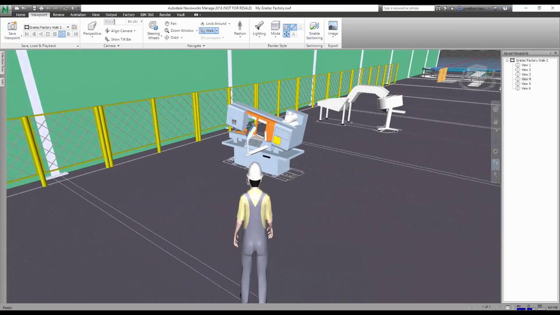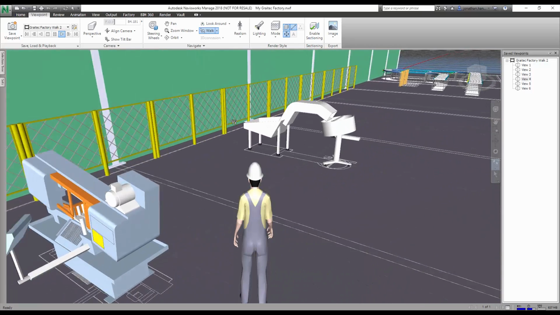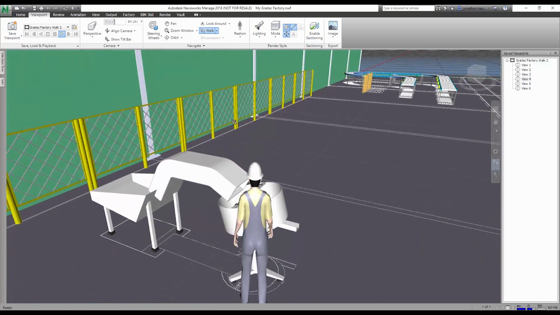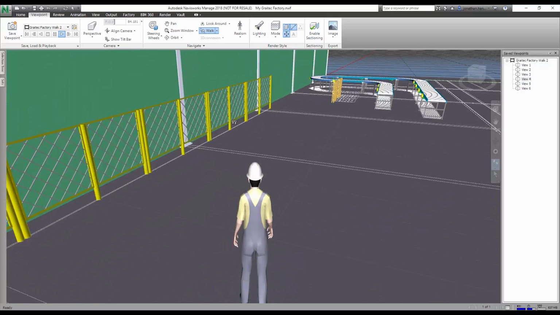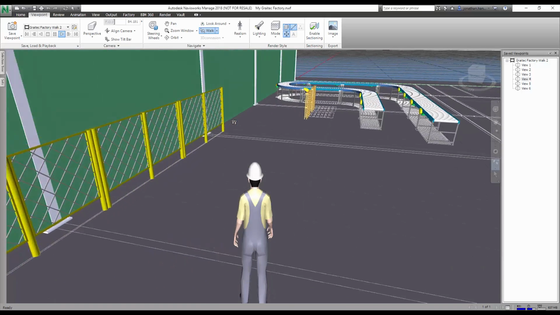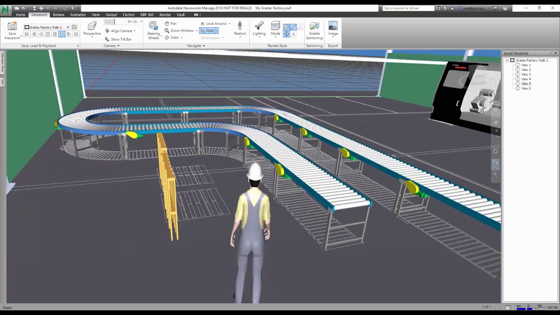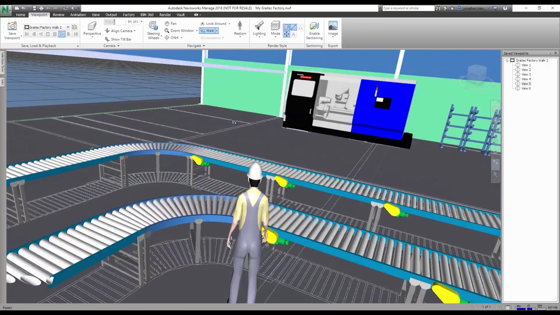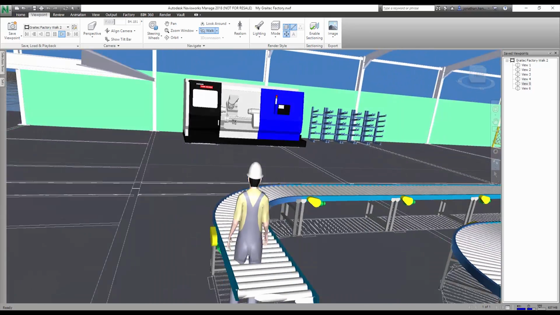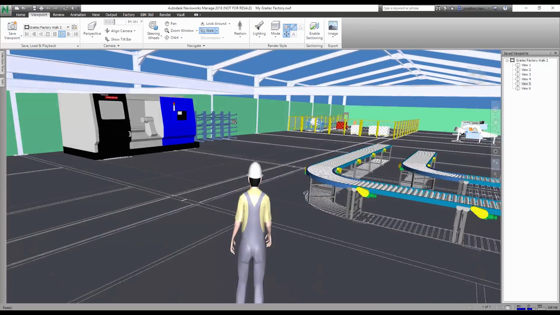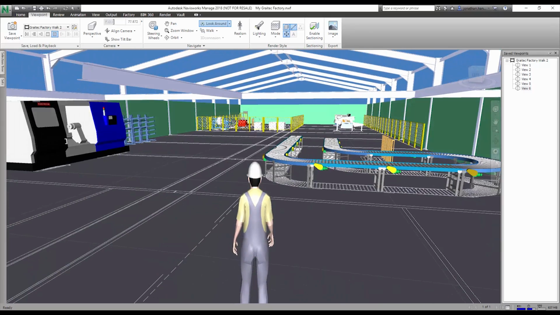So we have a look at this machine, then we look at this one, and you can see you can start to get a full realistic view of your complete factory and layout. So you can start offering this to clients. So obviously this is incorporating the full steel structure from Advanced Steel, all the Inventor and factory assets, and then